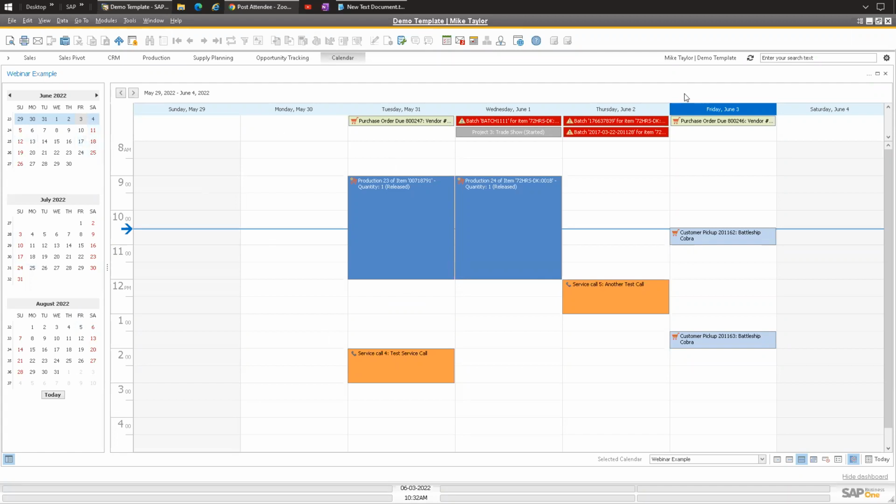In regards to the calendar, this is something that I've been experimenting with a little bit more, and it gives you a lot of different flexibility to view your data in a temporal manner, like on a timeline. So, just looking at this dashboard, it looks like your standard calendars. And just to be upfront about this, it does not integrate to Outlook. This would be a secondary kind of calendar. So I was thinking about this. Does it make sense to have a second calendar? And in terms of looking at your data from within SAP Business One and being able to drill down into the different pieces of information, I think it really does.